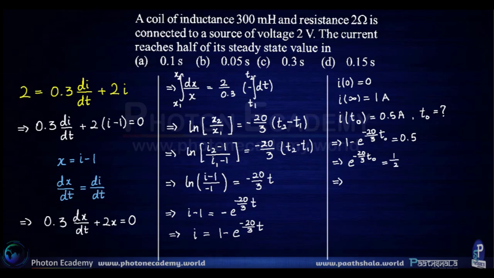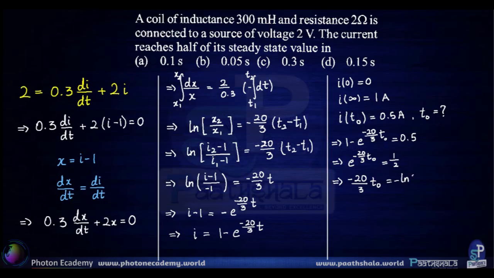Taking the natural logarithm on both sides, we get minus 20 by 3 t0 is equal to the negative logarithm of 2, which is equal to